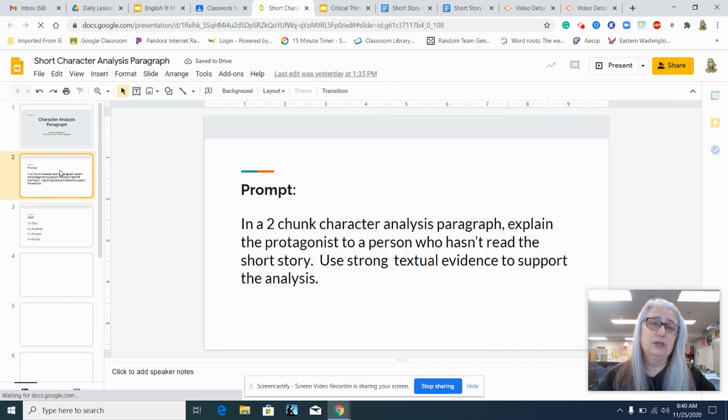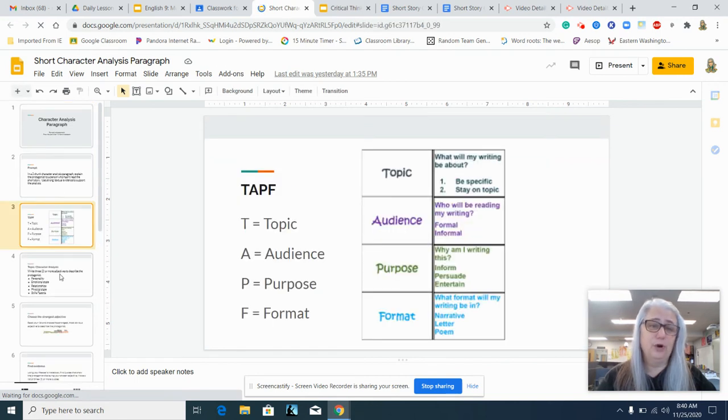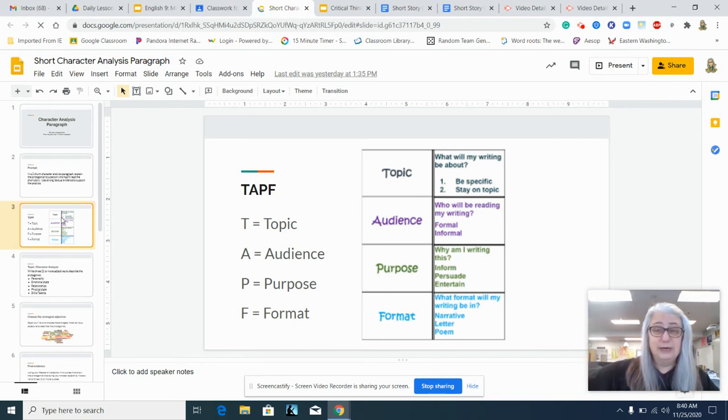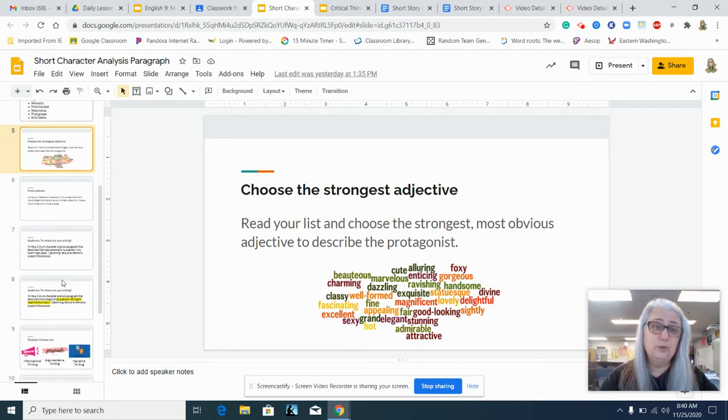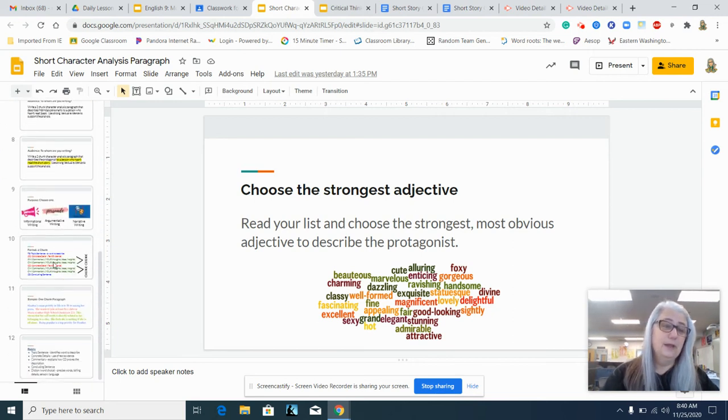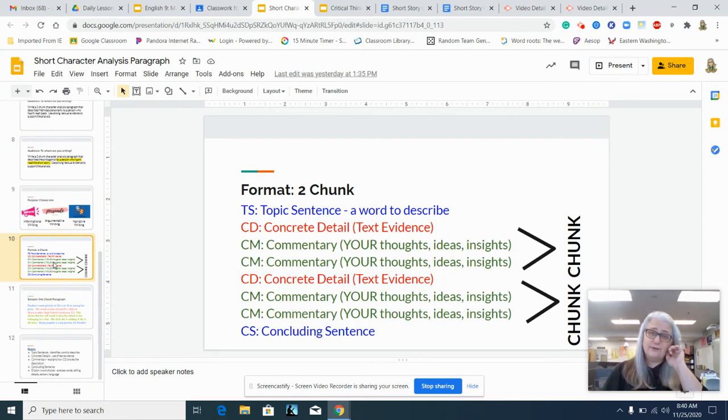So if you want to just go through these, you've got your prompt, your TAPF, right? So what is the topic? Who is the audience? What is the purpose? And what is the format? If you just read through these, this should help you with that. And then a 2-chunk paragraph. Chunks are basically the concrete detail, or your text evidence, your quote from the book, and then 2 sentences of